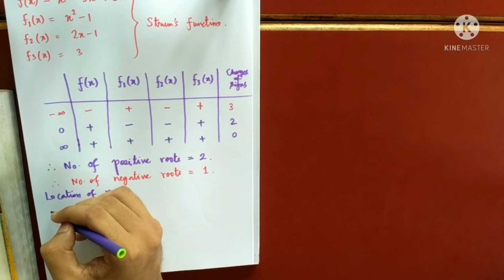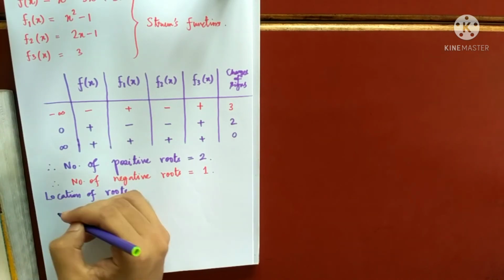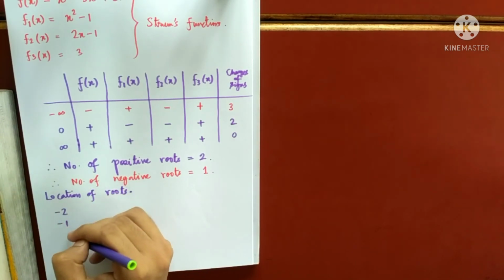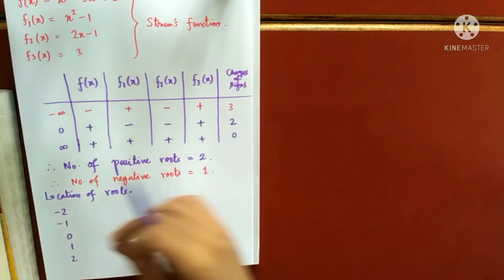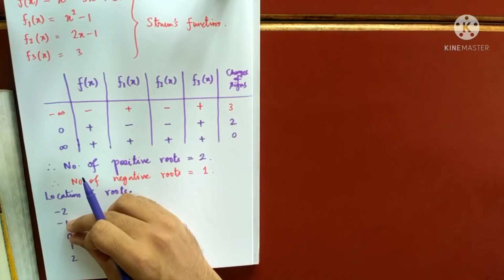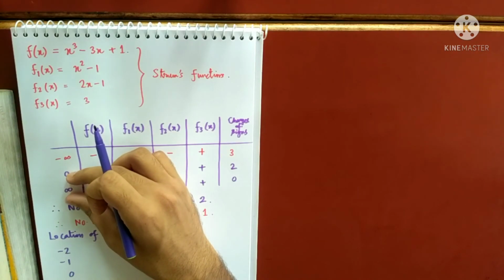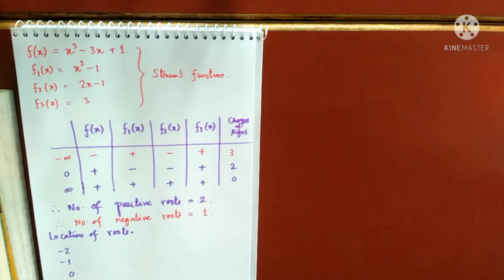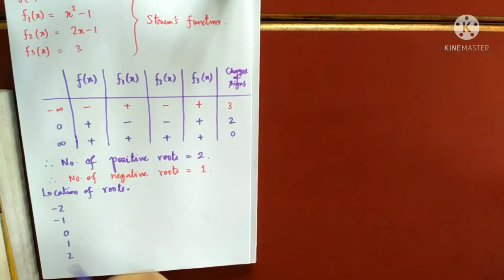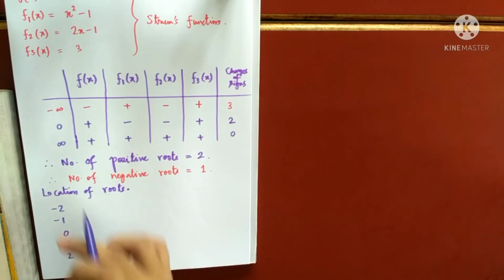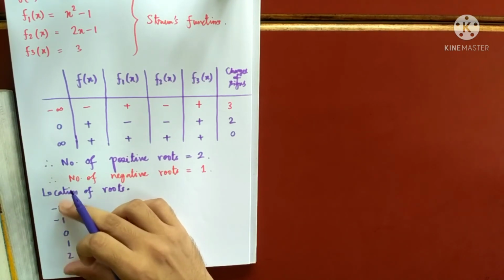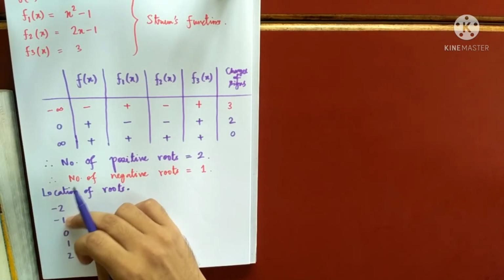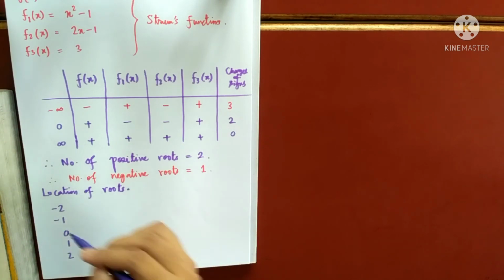What you do is take any numbers randomly. Suppose I am taking -2, -1, 0, 1, 2. Maybe you have to take more, who knows? You have to check whether the roots lie in these intervals. That means now I have decreased the range, and I want to know exactly where the roots lie. Maybe you have to calculate more, starting with -5, -4, -3. Let me first check here. If all my roots lie in each of these intervals, then it is done.